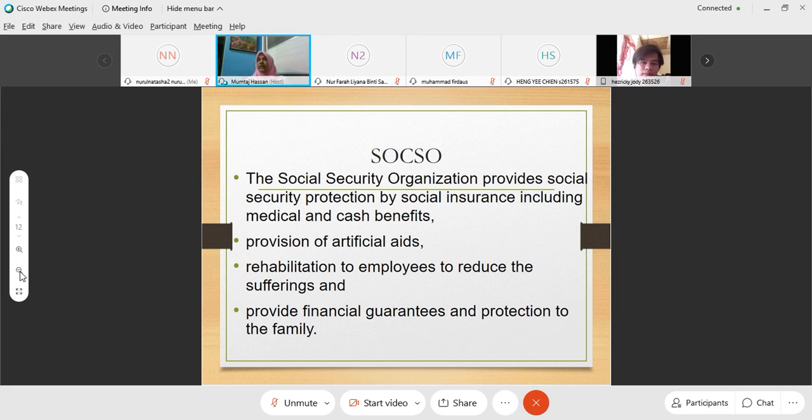So every employee working in the private sector has to contribute, like EPF. You have to contribute a certain portion to this organization. So if there's any accident at the workplace, you will be protected. Medical or cash, that means medical expenses will be covered, and you can also get cash benefit. Provision of artificial aid. Artificial aid is like